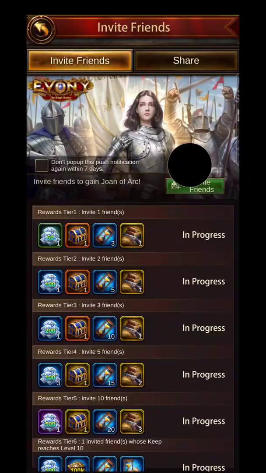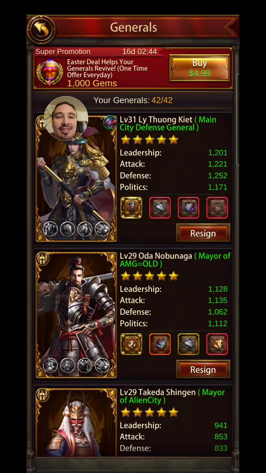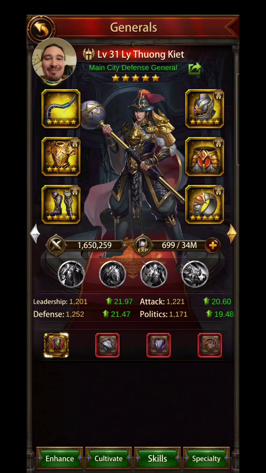Stats. Let's jump into Evony for this part. All right, you guys. So let's jump into generals. So there's my Giet, mediocre wall general. Since I'm looking at my wall general, always have a wall general. It's the easiest thing to forget. But make sure you've got your wall general on. If you get hit,